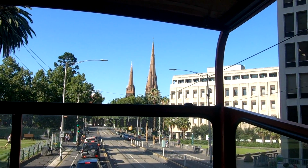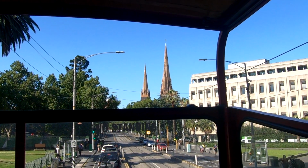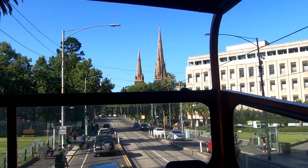If you're more a fan of science, northwest of here, you'll find the Fire Services Museum, which houses a collection of over 4,000 historical items relating to firefighting. Some say